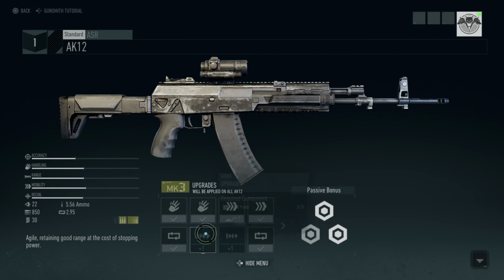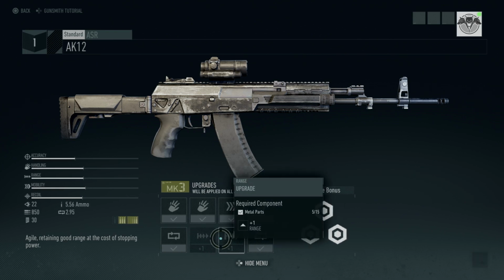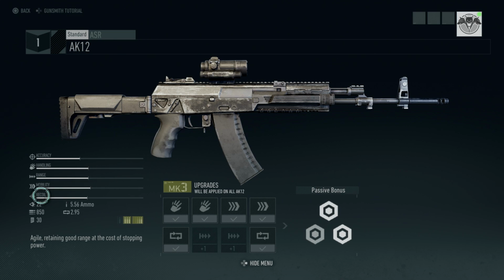Up next is the AK-12. Just like my other weapons, I don't have this fully upgraded because I'm just missing these two. But the AK-12 does have a really high fire rate and a really fast reload, but really low damage. It is a very well balanced weapon as well. As you can see, accuracy is the lowest, but handling and range look like they're a little under the 50, probably like 47, 48 out of 100. And then recoil looks like it's about 50, about the same as range. I don't know, handling, range, and recoil all look to be the same, and mobility is the only one